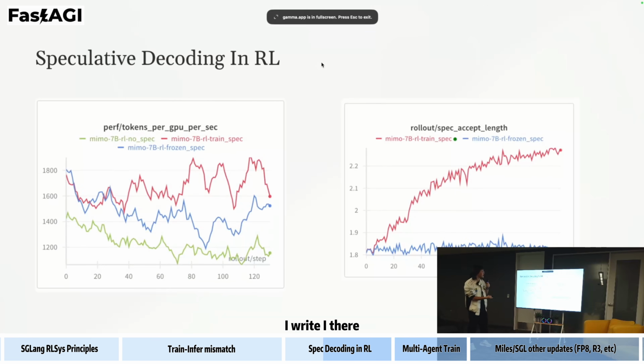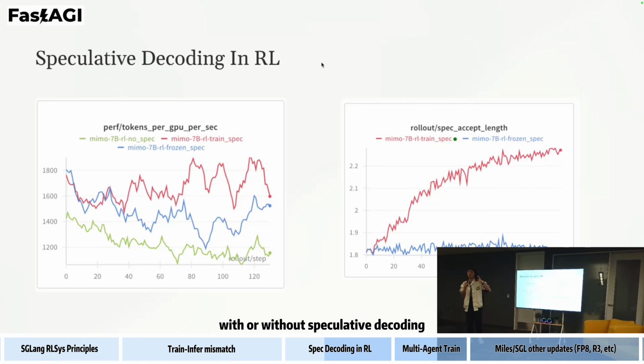I ran three lines of experiments to compare with and without speculative decoding. The green line is without speculative decoding. And the blue line is with speculative decoding enabled, but with the draft model frozen. I want to spend just a few lines describing what speculative decoding is.